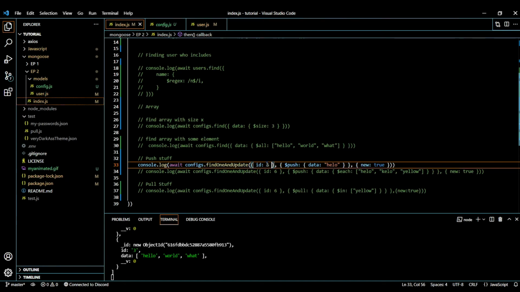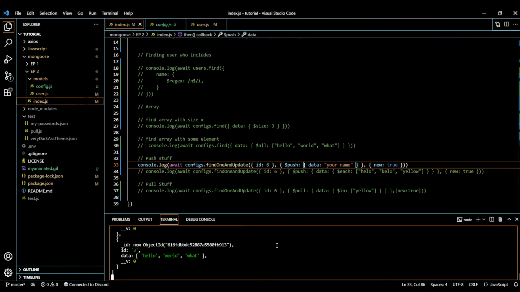I'm going to provide this filter, and then in the update parameter, we will just provide an object with the $push property, and inside this we need to pass the property which we want to update, and it is data for us, and we will add hello. Well, instead of hello, let's add your name for now.